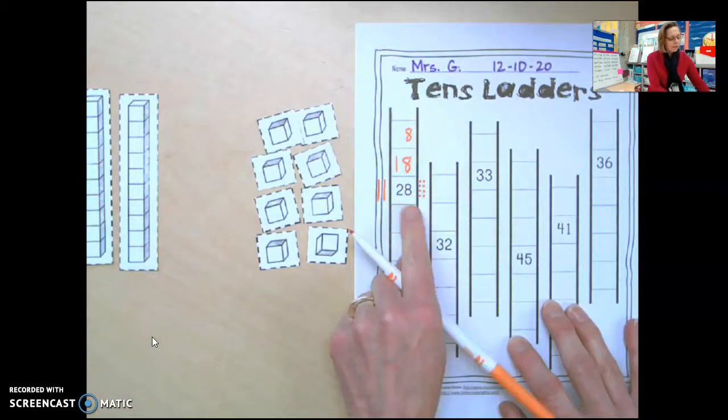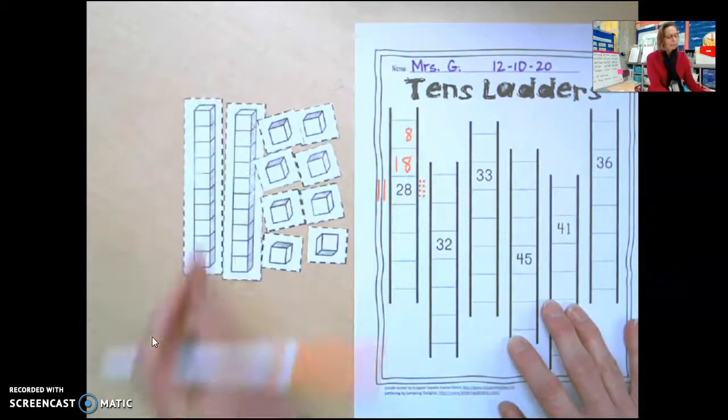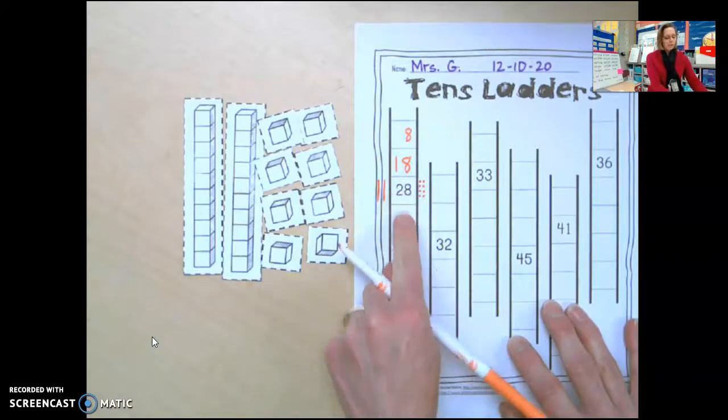Let's go back here to 28 again. Build your 28. Let's start back at the beginning again. Now you're going to go down. So now you need to add